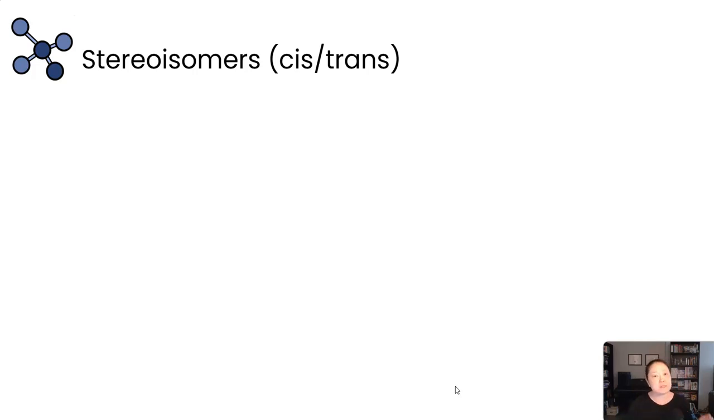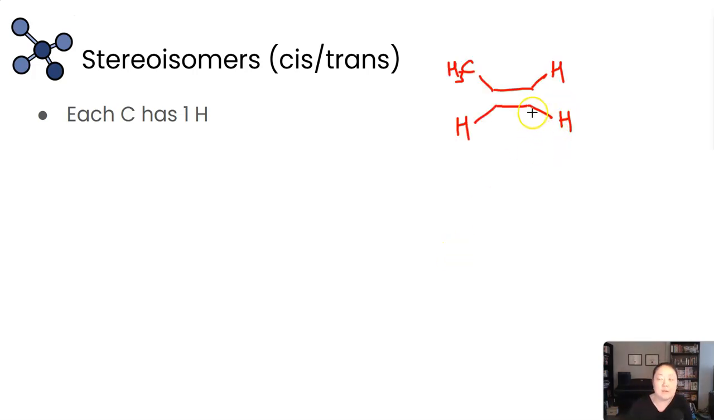The first naming system that we're going to look at is the cis-trans naming system. So what you need to be able to use that cis-trans naming system is you have the two carbons around that rigid bond, and each carbon has to have one hydrogen. Now, why is that? Well, if one of the carbons had two hydrogens on it, then basically I can take